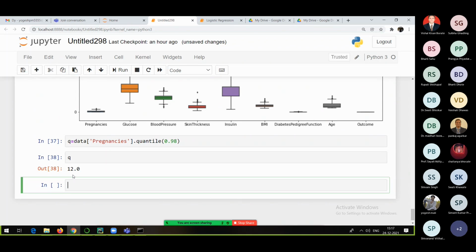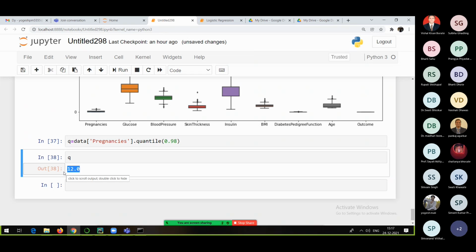Now, as we want to remove the top 2% of data, in our original data, that is the updated data, we will consider all the values which are less than or equal to 12. Only those values we will take.